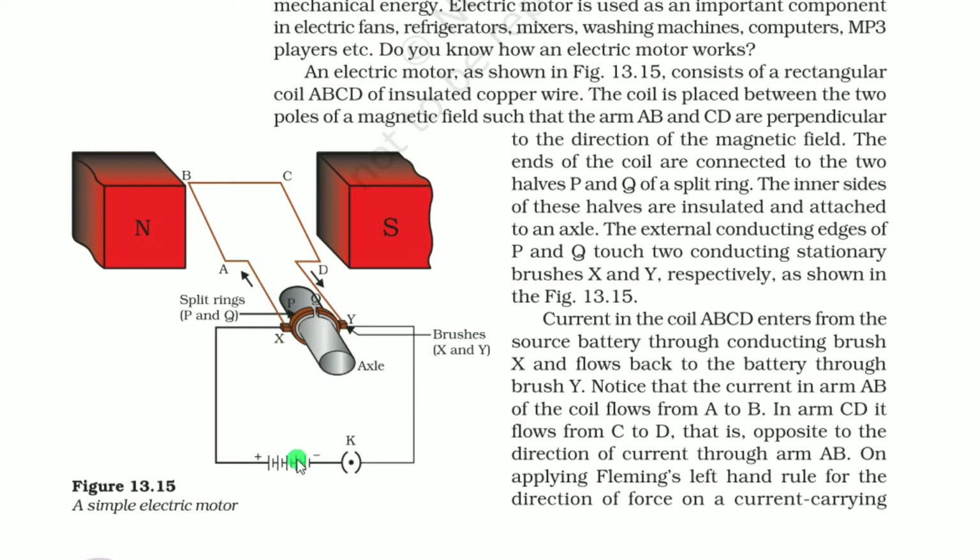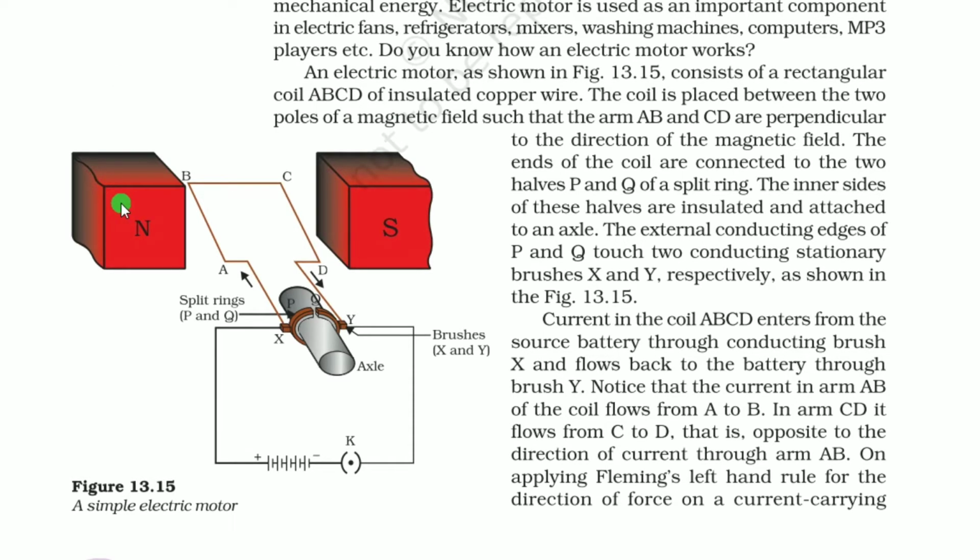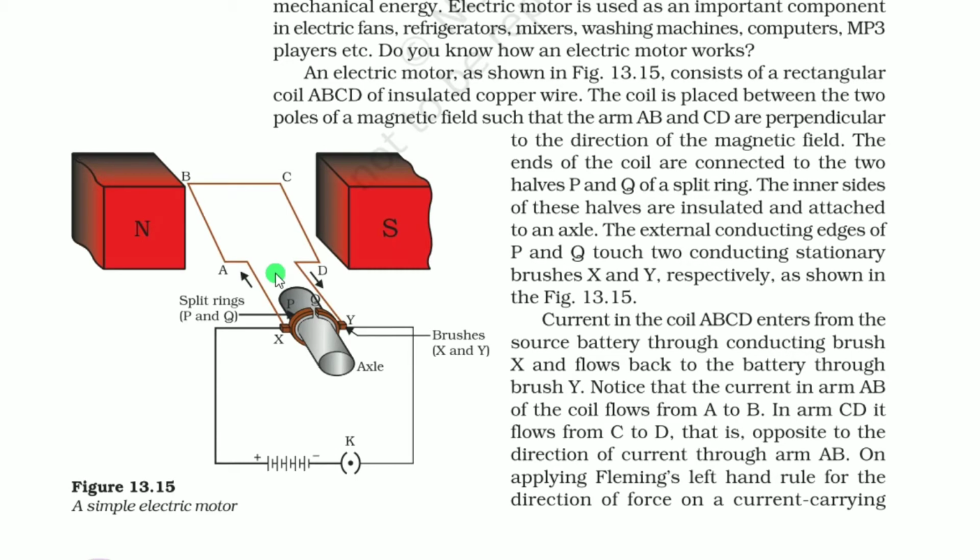Here current is flowing through the conductor, so this is a current carrying conductor. A current carrying conductor behaves as a magnet. We know that is the virtual magnet, and we have used here one permanent magnet, that is the real magnet. There is an interaction between the real magnet and the virtual magnet. The real magnet is in a setup that cannot move, so the one which can move is the current carrying wire. Due to this interaction, it can move.